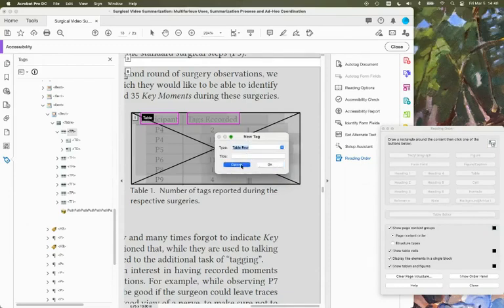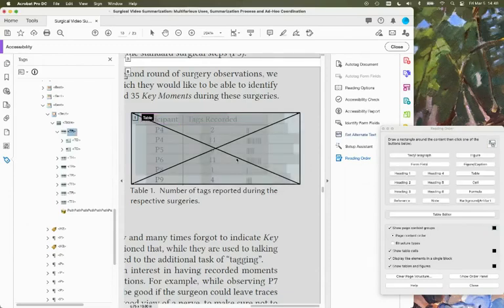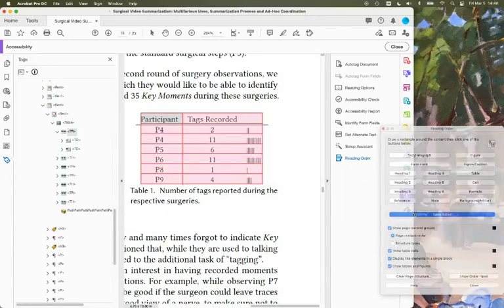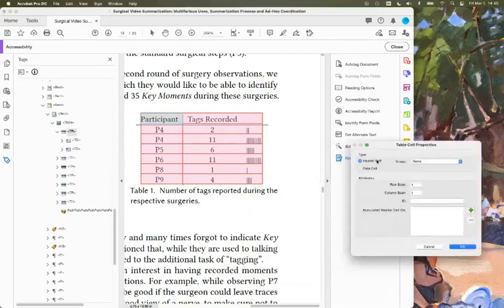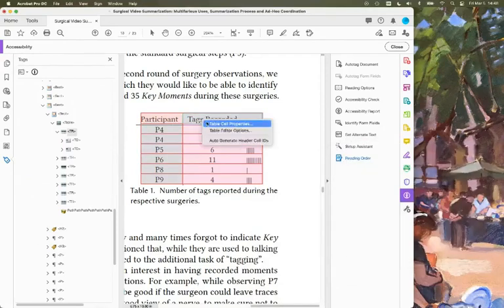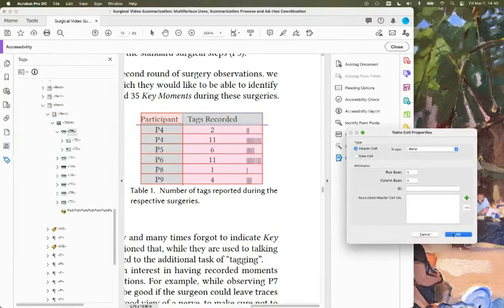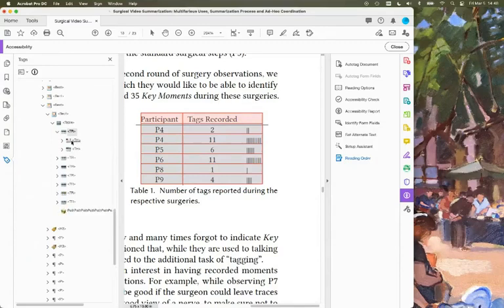Another thing you can do is select the table and then open the table editor, and then you click table. Oh, sorry, it's in my other screen. You tell it that this is a header cell, and then you tell it that this is a header cell. And that's it. It transformed them to th, which is the same as if we would have done new tag, table header, and then move things around. So I'm gonna save because this looks quite good,